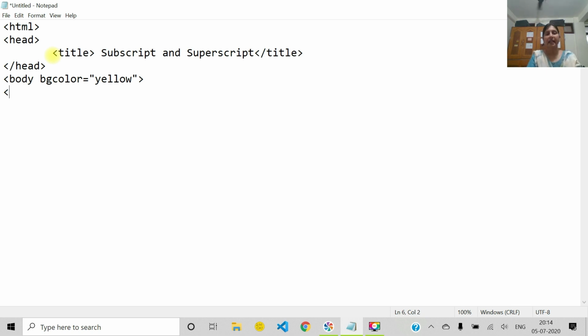Now first we will discuss the heading tag, and for heading tag, as we know how many sizes are available, 6 sizes are available, and that is H1 to H6. H1 is the largest heading size and H6 is the smallest heading size. So I am taking here H2, and if you want to bring the heading at the center, we can use align equals to center.